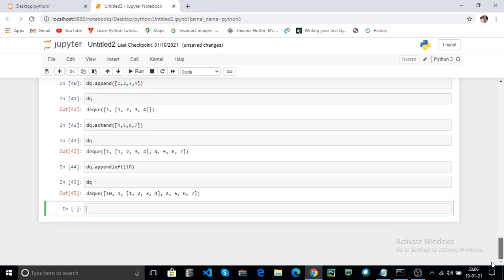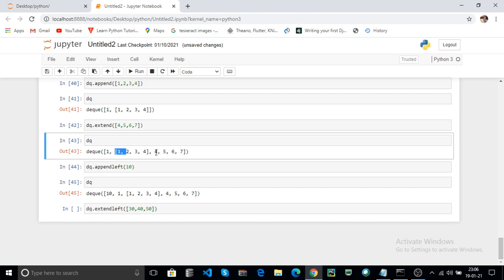Now extend left. dq dot extend left is the same as append left. For example, I pass 30 40 50. Before, the extend method extends your data on the right side, that means the end of your list.